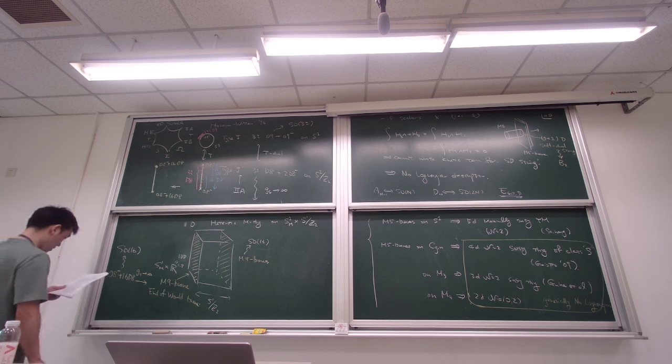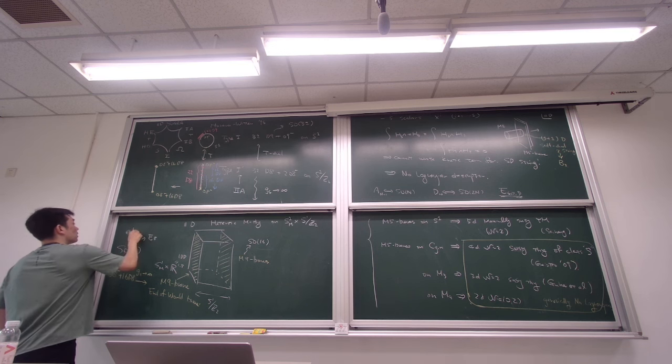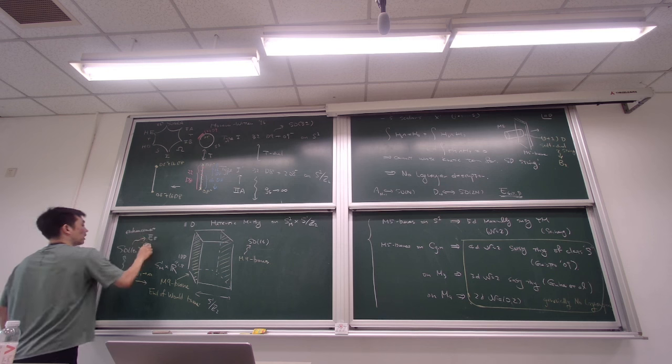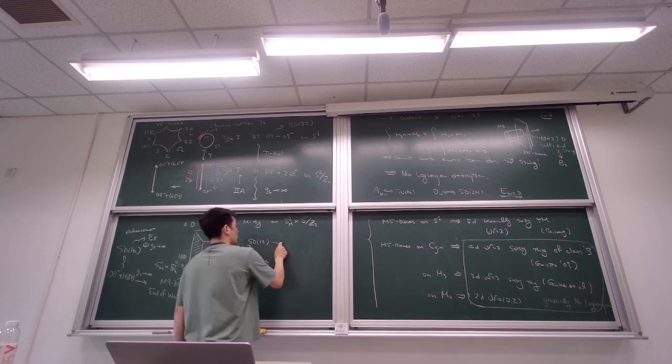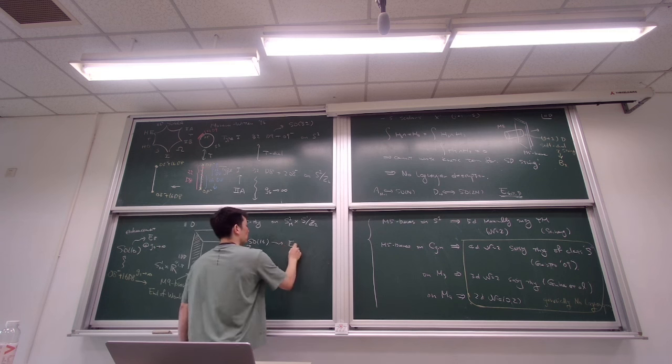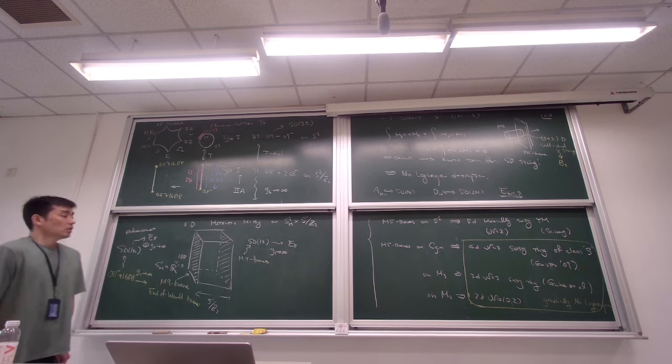Indeed, it gets enhanced into the E8 enhancement as GS goes to infinity. This is the enhanced E8 as GS goes to infinity. Okay. So therefore,